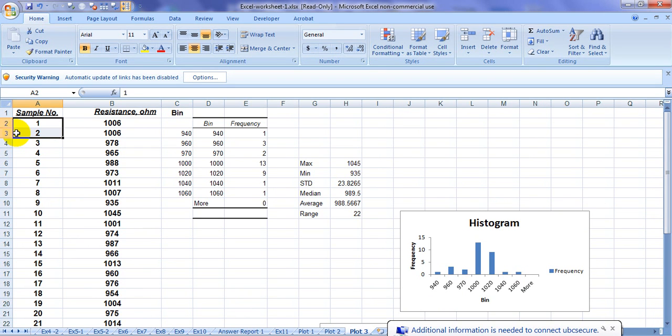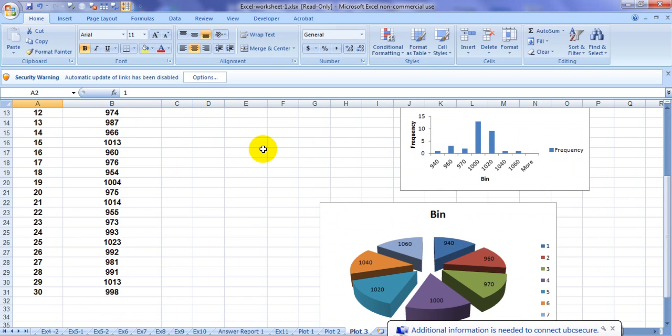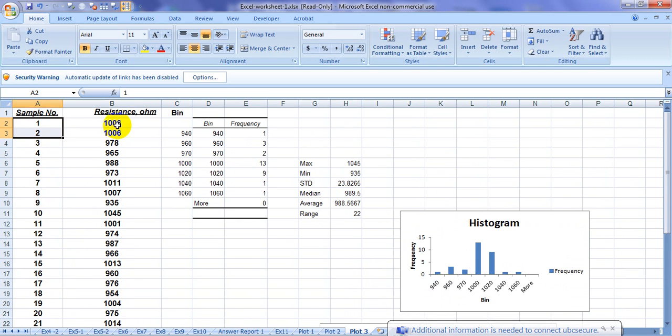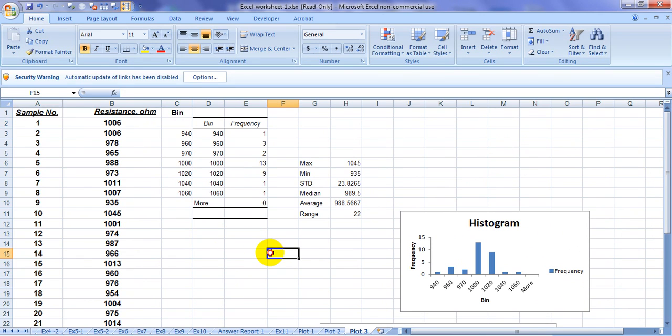You do it, let's say, 30 times, and each time you get something different. So either you have an error in the system, or actually the resistance is variable each time you measure. Now the question is, how can I find a histogram of this